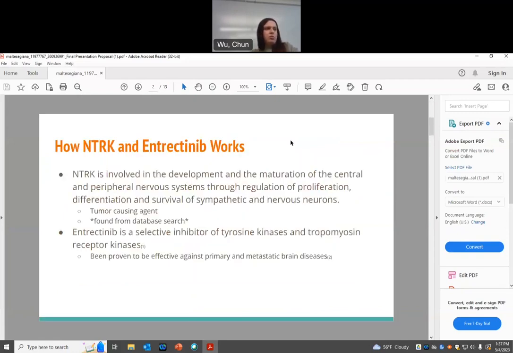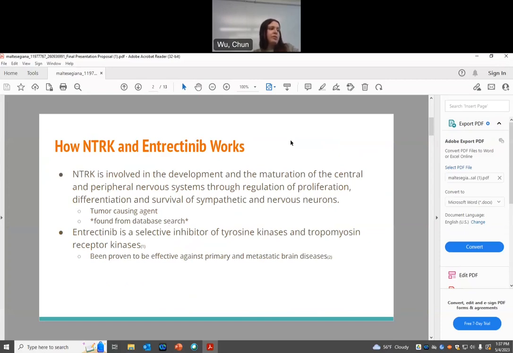So NTRK is involved in the development and maturation of the central and peripheral nervous system through the regulation of proliferation, differentiation, and survival of the sympathetic and nervous neurons. So it's a tumor-causing agent. It causes brain cancer. And Entrectinib is a selective inhibitor of the tyrosine kinases and tropomyosin receptor kinase, and has